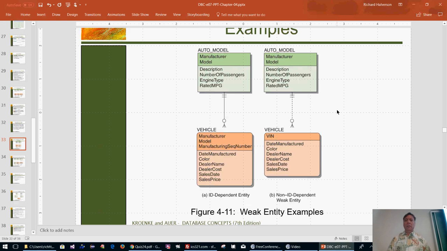And so here's an example representing the same thing. One is ID dependent, the other one is not ID dependent. We have automobile models, a model like a Toyota Prius, and then we have actual vehicles themselves. We have lots of Toyota Priuses, but this is like a class. This is an instance, and so this would be an ID dependent entity